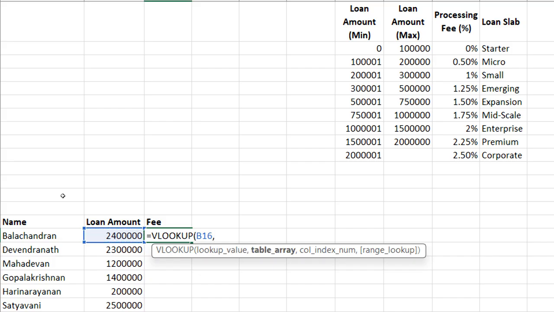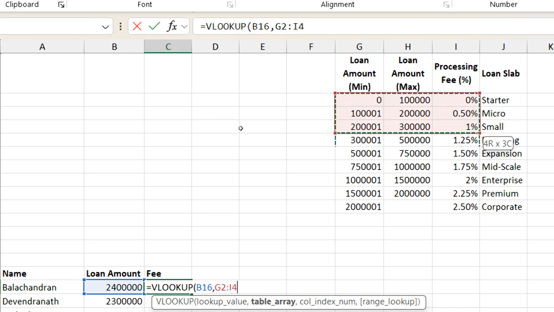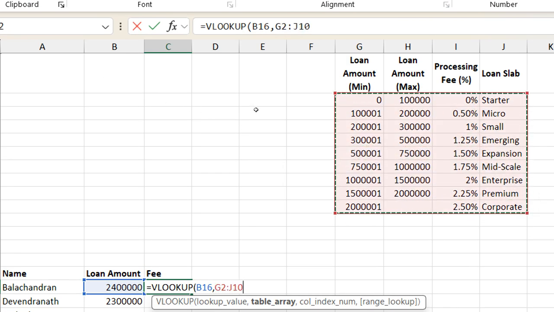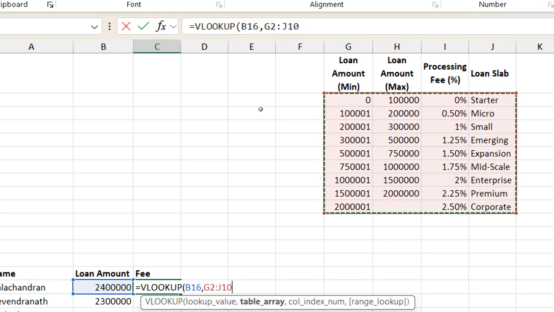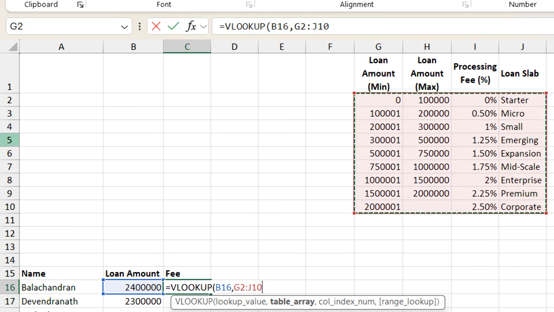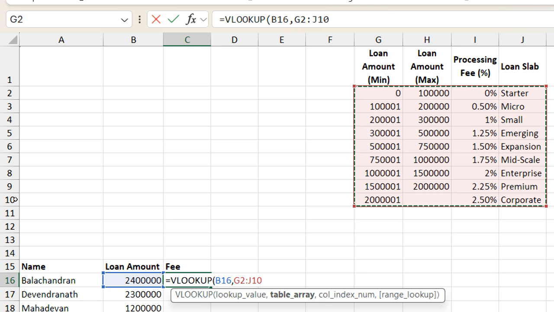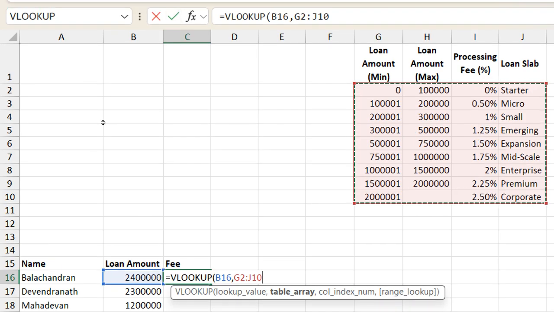So before putting a comma, as I said in the last session, when you are writing the VLOOKUP from the same sheet, same file, please remember to insert a dollar. If you are not inserting the dollar, when I come down for the second person, it will search only from G3, G4, G5. It will throw some error. Make it a practice, make it a habit. Whenever you write a VLOOKUP or HLOOKUP or XLOOKUP from the same file, same sheet, please insert a dollar. F4,